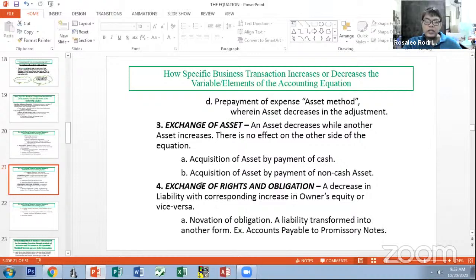Then we also have here exchange of rights and obligation. Exchange of rights and obligation affects only the right side or the credit side of the equation: a decrease in the liability with a corresponding increase in owner's equity, or vice versa. So we have here novation of obligation. You will learn this in your course Obligations and Contracts. A liability transformed into another form of liability. Example,